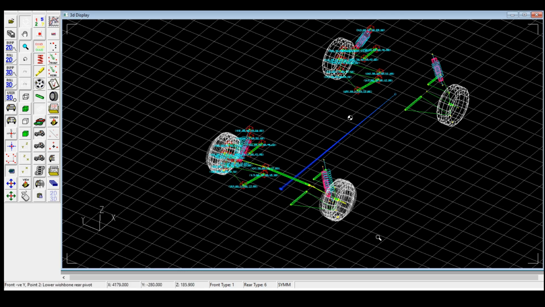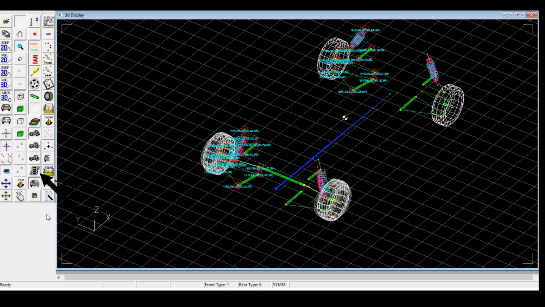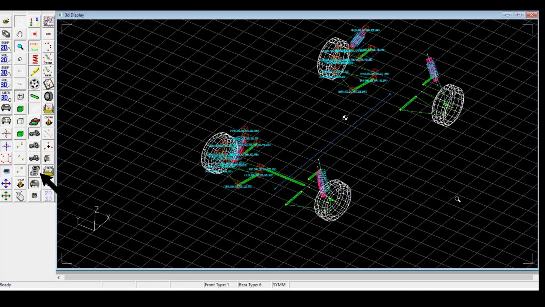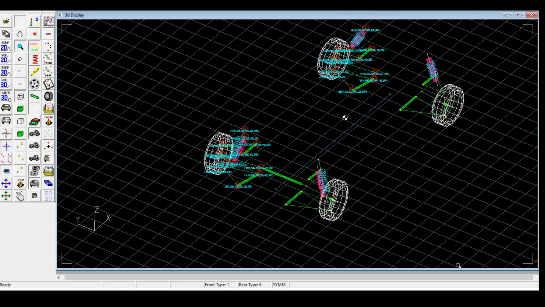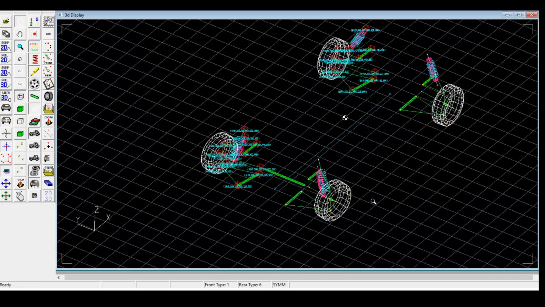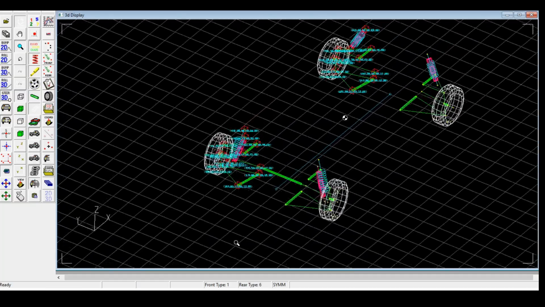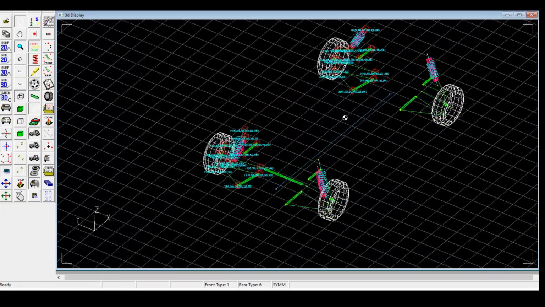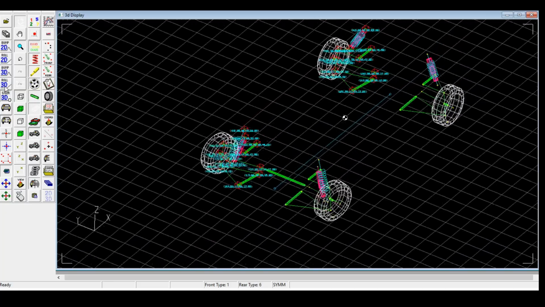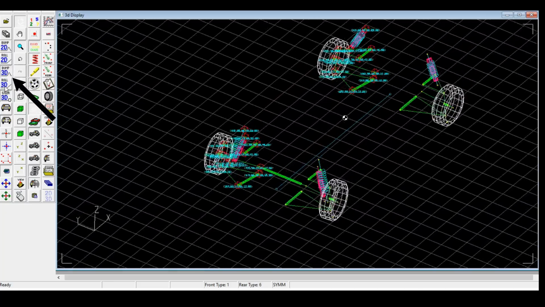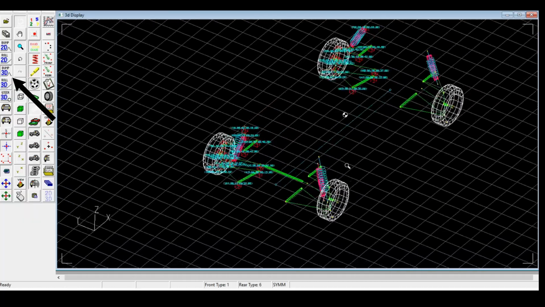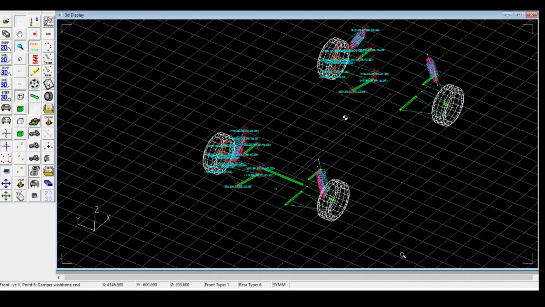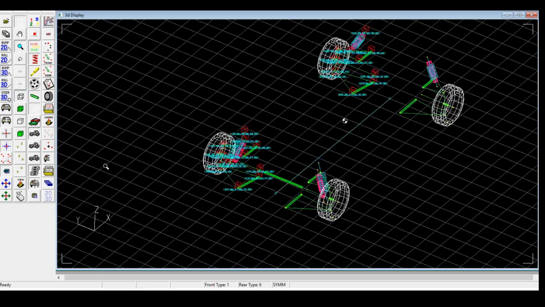We can change and adjust these structures, and this is a spring and damper, and we can move all these things. Now let us animate one. This is a vehicle moving, and this is the animation tool. By clicking on it, we can see that the vehicle is in motion. Now when the vehicle is moving over a bump, the animation will change, as the 3D bumping option provides for the vehicle to animate while moving on a bump. Now the suspension is moving up and down. We can see that this one is moving.